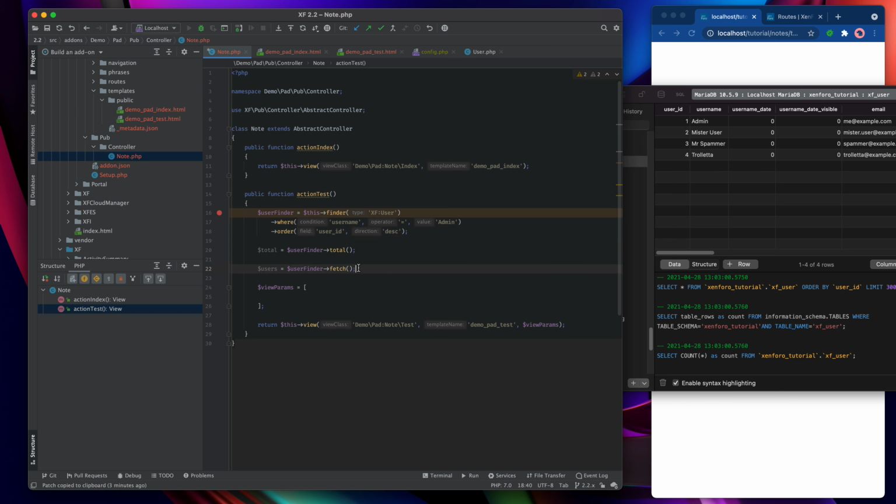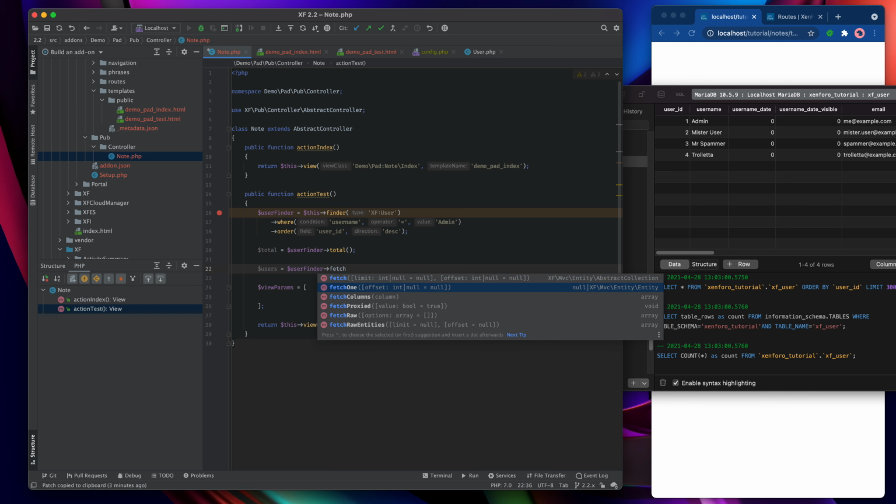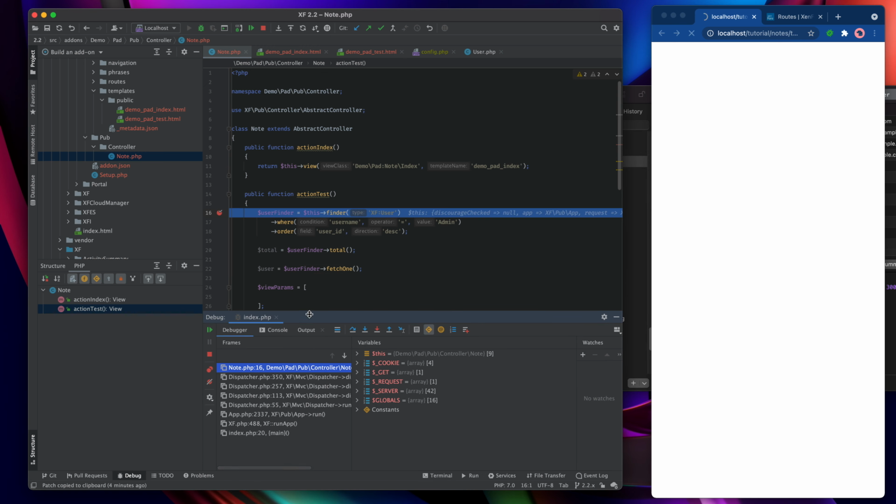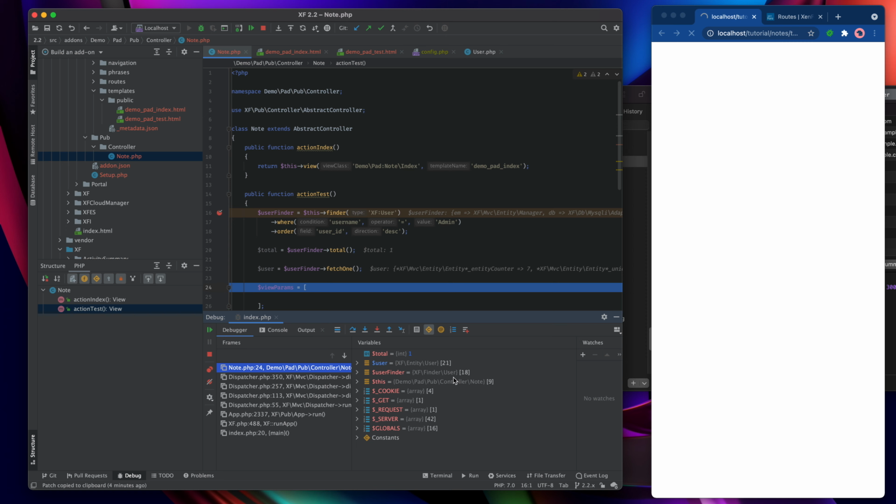So we can change that to a different fetching method called fetch1. And what fetch1 will do is essentially apply a limit to the query so that it knows that it's only ever going to fetch the first result returned, and hopefully that would be the only one that's of any importance, and it will return it as an entity, not a collection of entities. So let's just change that to user and go and see that in use. So debugger's on and refresh. We'll step over that, and now the user, you can see, is an entity. It's not an array collection, and we can use that user directly.